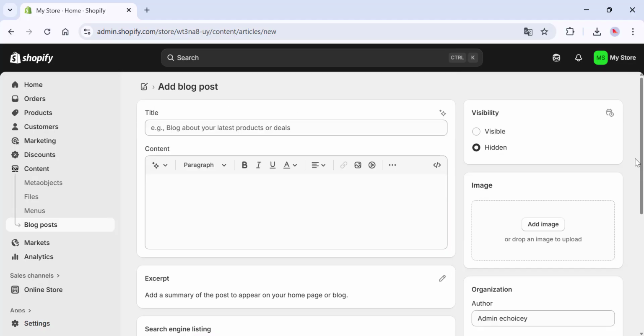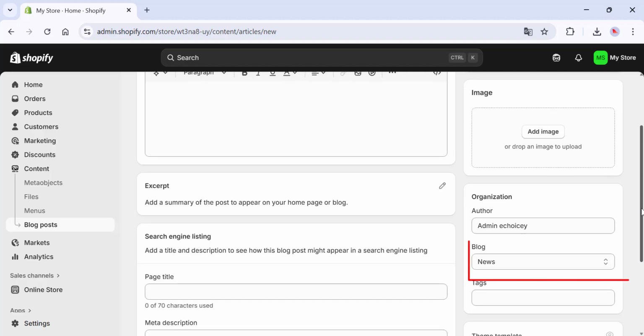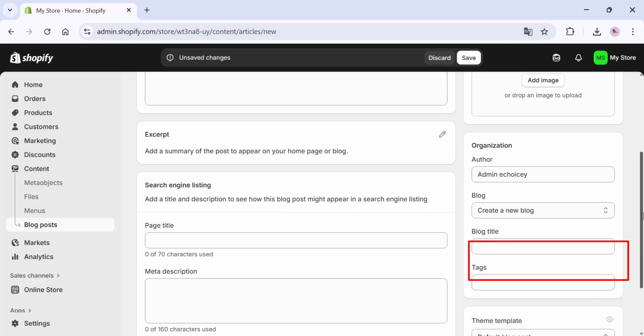Next, return to the top of the page and set the visibility of your post, choosing between visible or hidden depending on your preference. Then, add a featured image by clicking on the Image section and selecting an image from your computer. Afterward, choose the blog type from the Blog drop-down menu and add relevant tags to help organize your